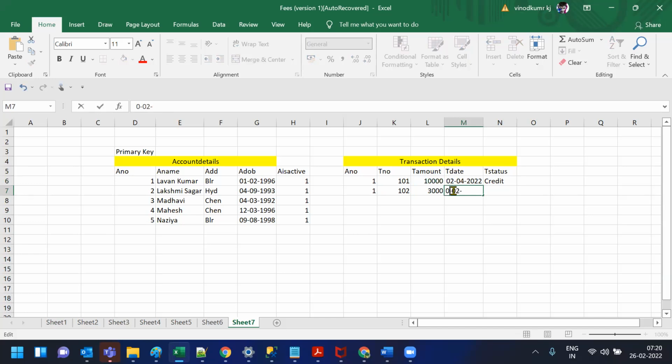And 2/6, February 6th, so he went and withdrew some amount. Okay, debit. Now same person, one more transaction, has credited 50,000 on, let's say, yesterday, 02 25 2022,